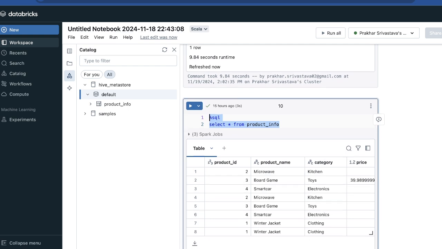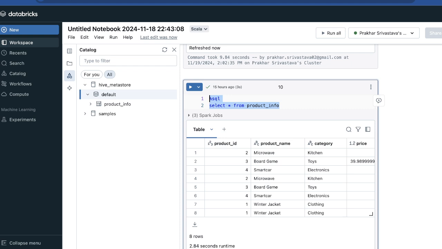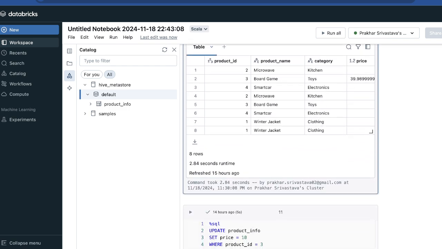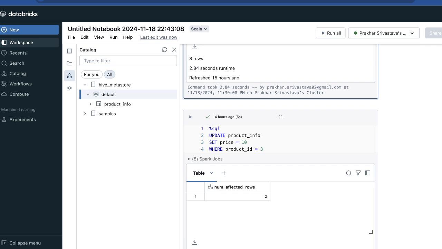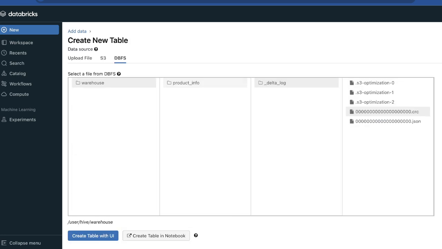So if I'm selecting the data from the product table, it will go in here. I don't need to pass the schema. If I pass it, it will be hive_metastore.default.product_info. So catalog dot schema dot the table name. Okay, and let's say I'm updating, let's say if something happened here,